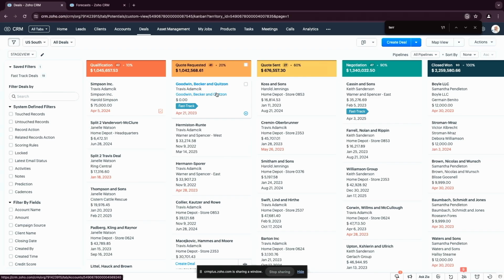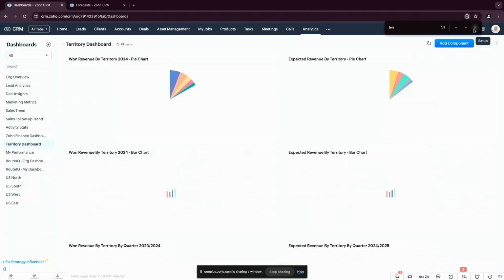Visibility permissions is going to be baked into territory rules as well. So if I'm one of the 4 folks assigned to US South, I could just see these deals and none other. And if there's someone on US North, they would not be able to see what's happening in the US South pipeline. In terms of actually breaking this out into reports itself,